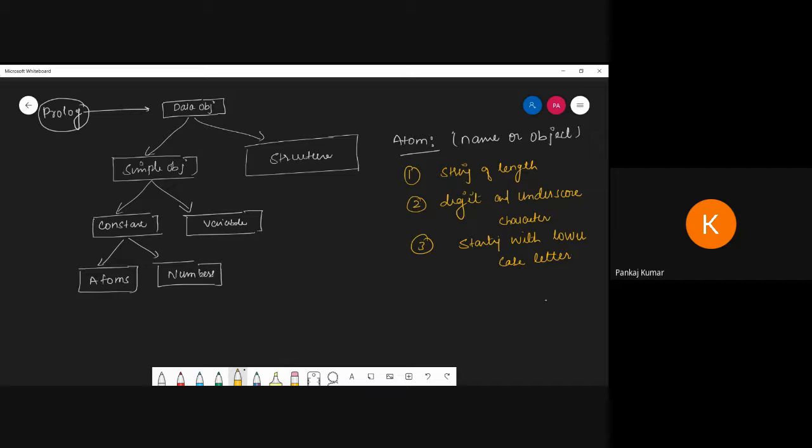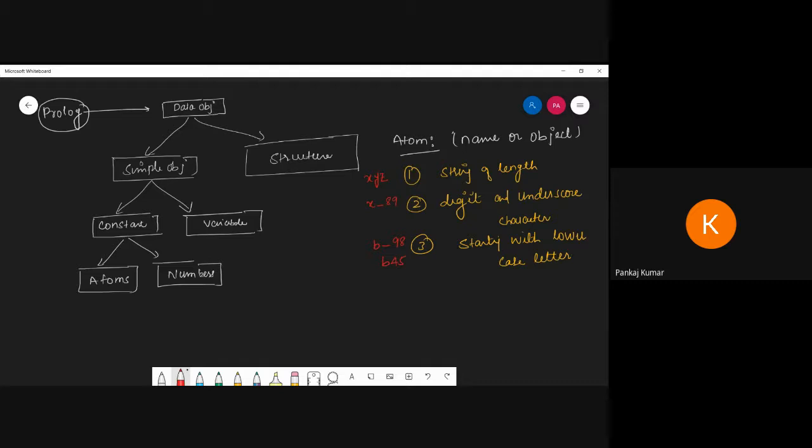So how can I define it? Suppose I'm talking about a string. It may be XYZ, like that is a string. It may be a digit or any digit and underscore. So how can it be defined, like x underscore 89? This is possible, and it starts with a lowercase character.